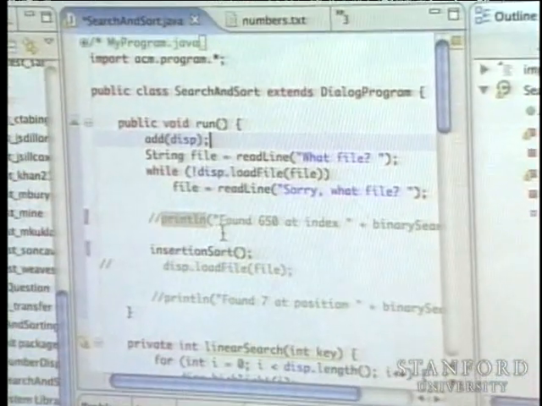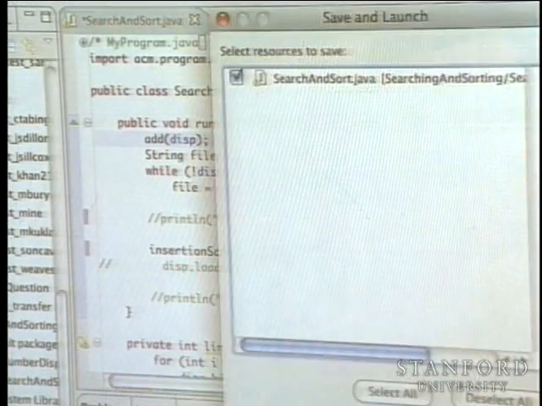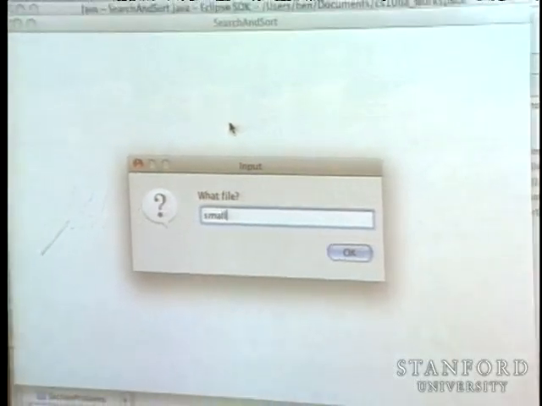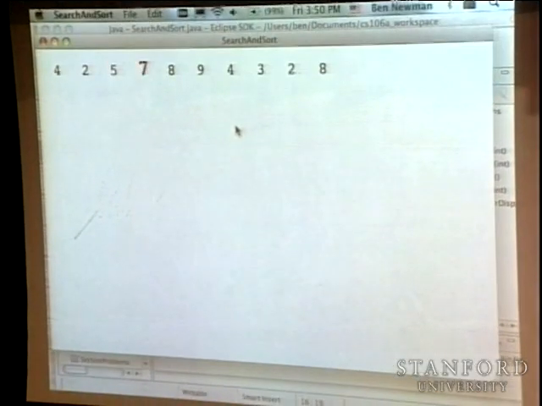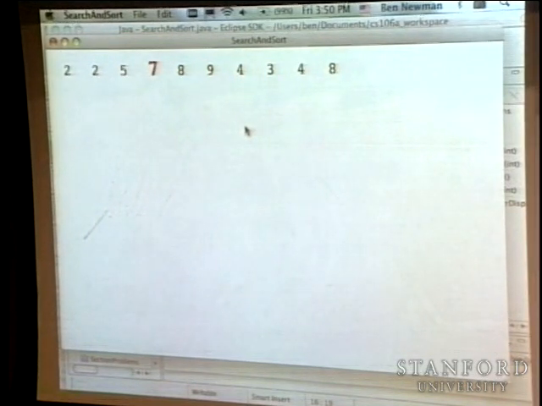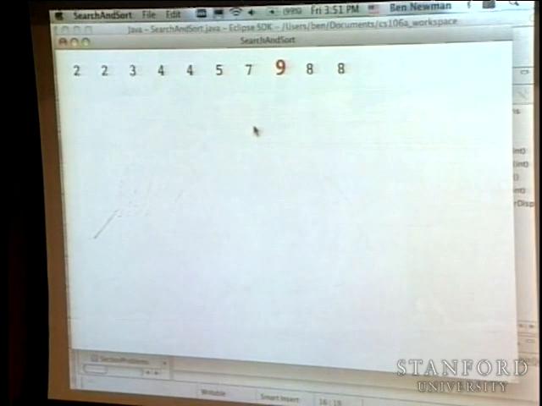So if I were to just run the program as it is right now, I use a smaller text file. Should slow this down, but it's going to take enough time anyway that you can see sort of what's happening. Each number is turning red when we examine it.